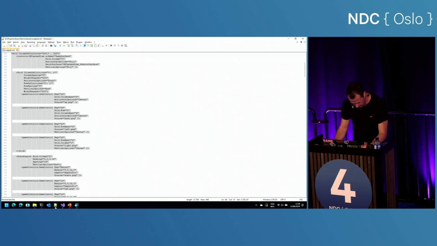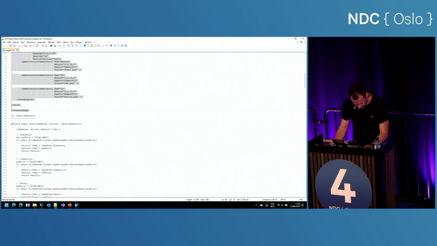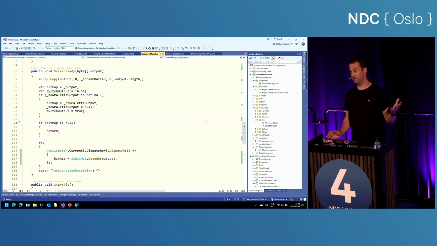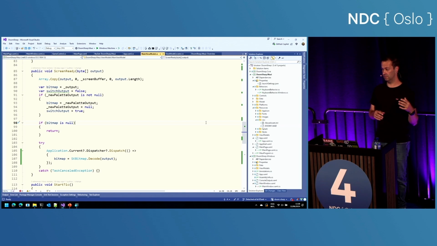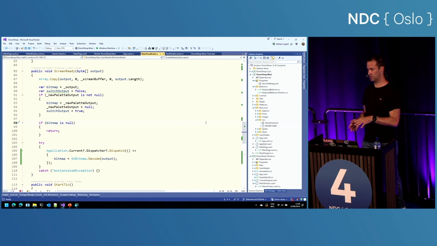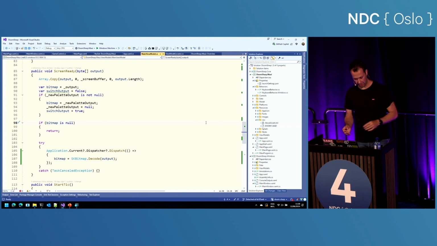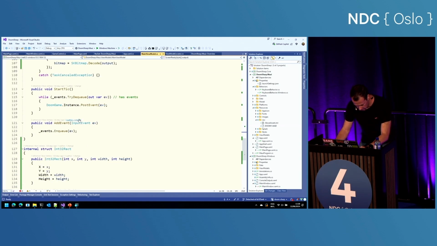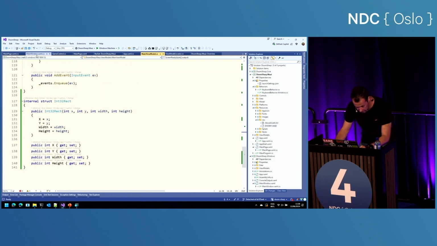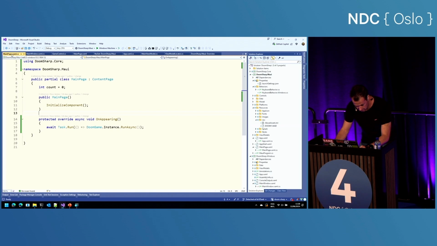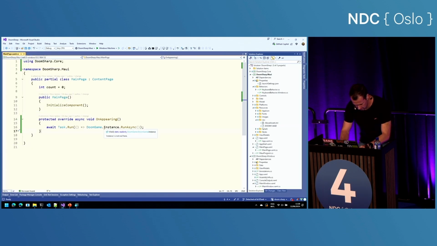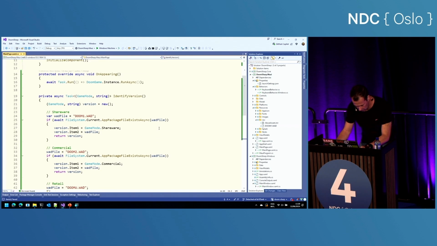But now, I need to take this identify version thing that was also in the engine, but actually uses Win32 APIs to check the file system, which is not usable in MAUI. I need to do it a different way. I need this to be in my main page. Let's close some tabs, do some cleanup. There we go.